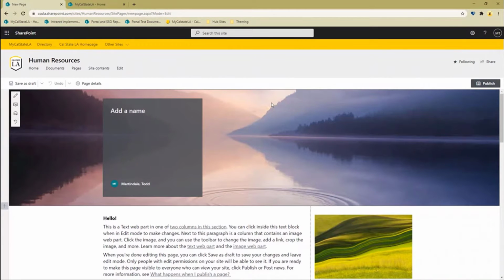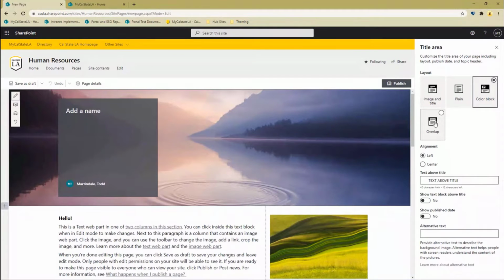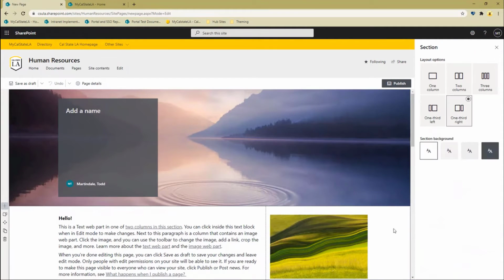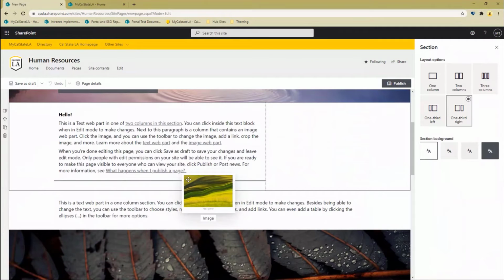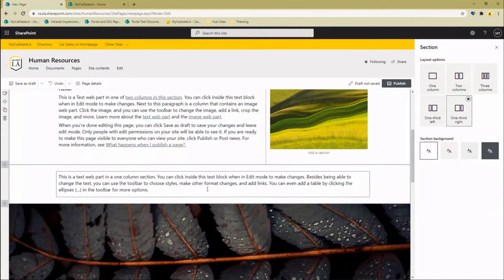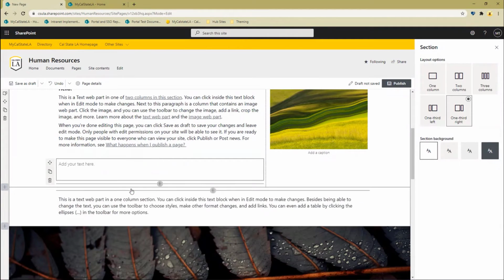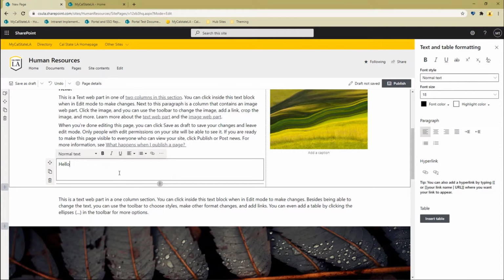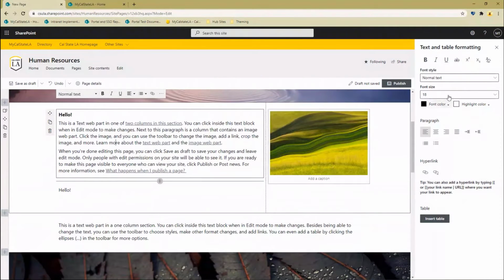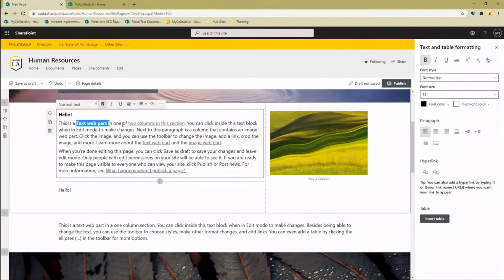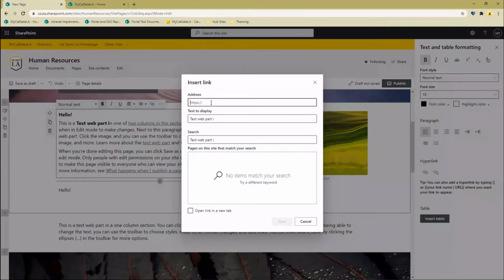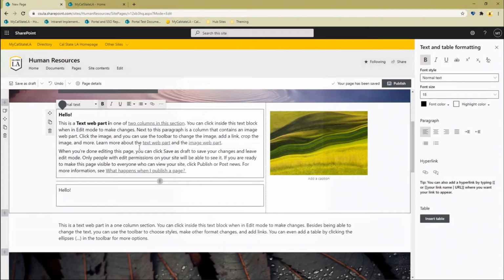So I'm going to go ahead and edit this page. I'm already in edit mode. Just like we did before, I can change the title area the way I want it. I can change the image any way I want it. I can come down here and rearrange the items any way I want. If I wanted to throw some new block of text over here in this section, I could say text and just start typing. Hello. This text is all editable, like rich text format, so you can put in links, you can make things bold, you can turn it into a link to google.com if you wanted to, and say save. So now it becomes a link.